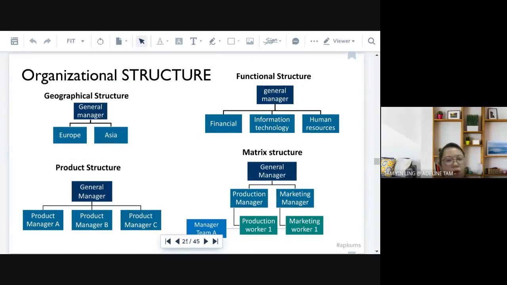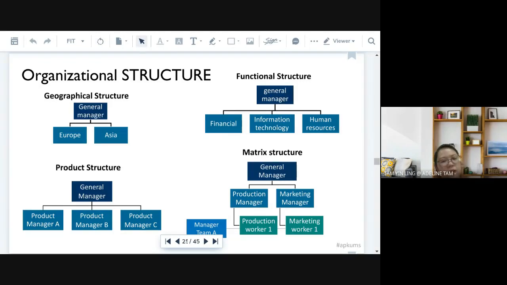So for functional structure, normally we have financial, we have information technology, we have human resource. It means that they do different functions, different things. Okay, they do different jobs. For example,